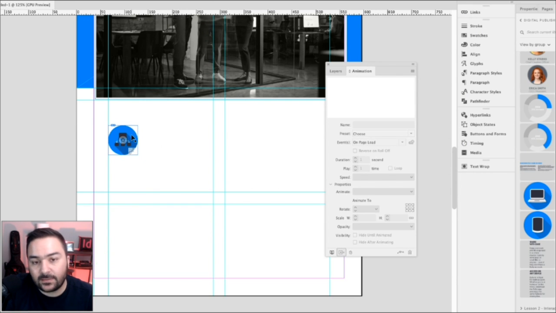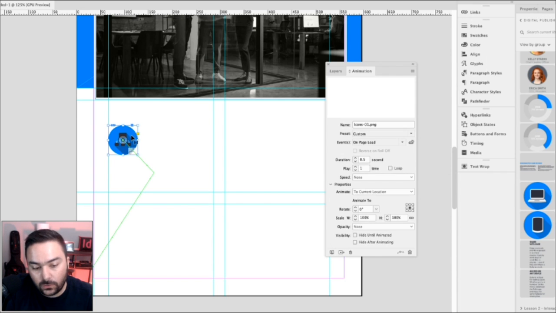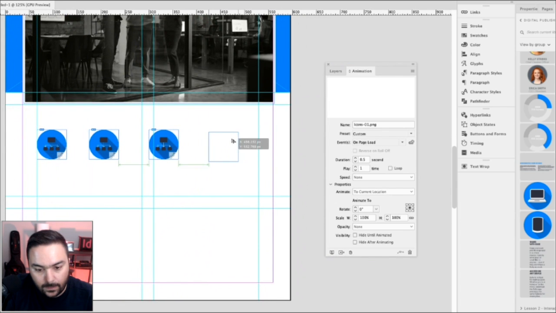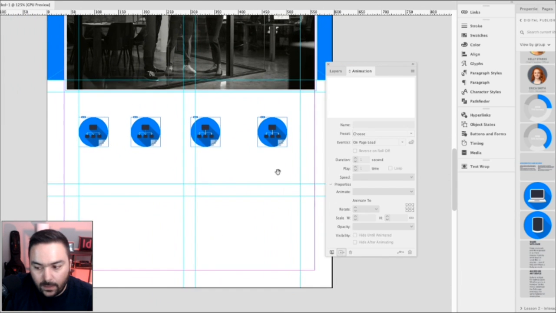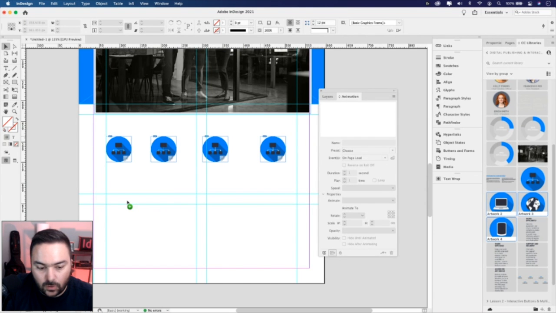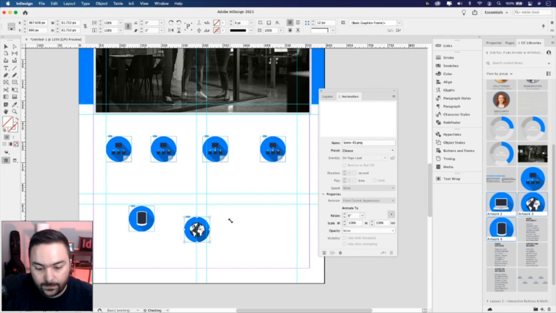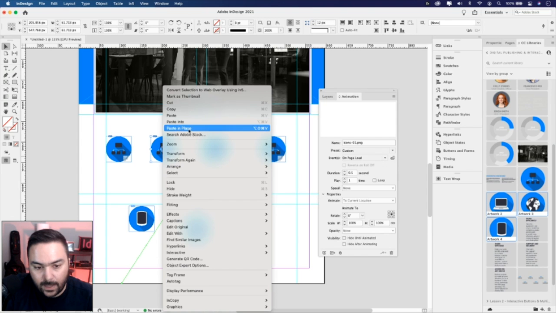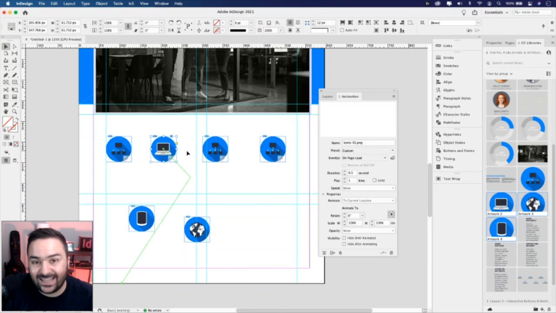Now, instead of repeating that same process with the pen tool, what you could do is just create 3 more copies of this, and we'll space them out equally in just a moment. And then what I'll do is bring in the other 3 icons and just drop them below for now. I'm going to cut the laptop icon first, so Command X or Control X. Right click on the second one and then paste into.